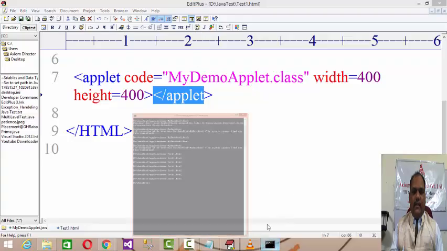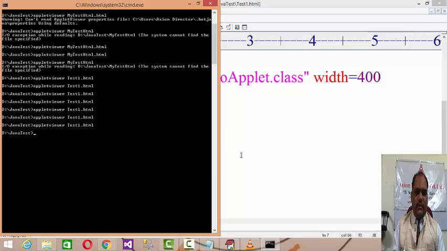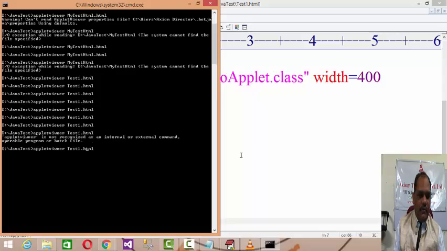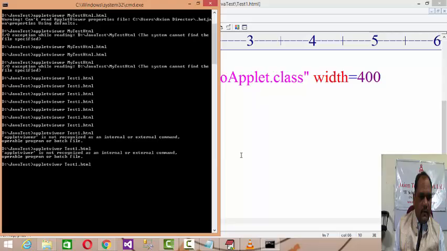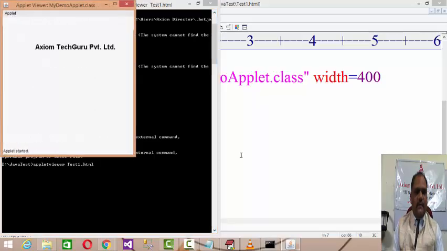And after successfully creating the HTML file, you need to go to the command prompt and run appletviewer and specify the name of the HTML file, your test1.html, and hit enter. appletviewer test1.html, hit enter.